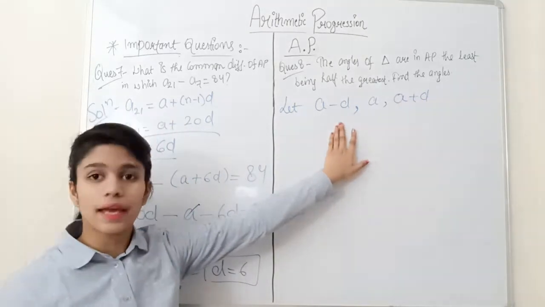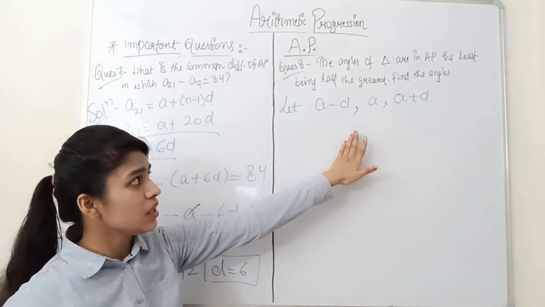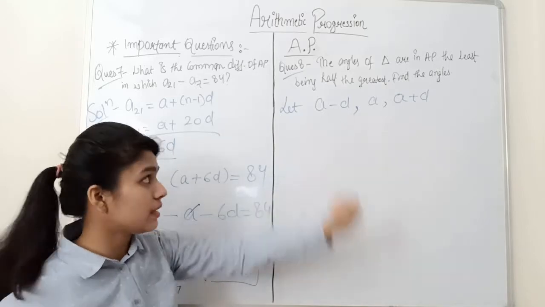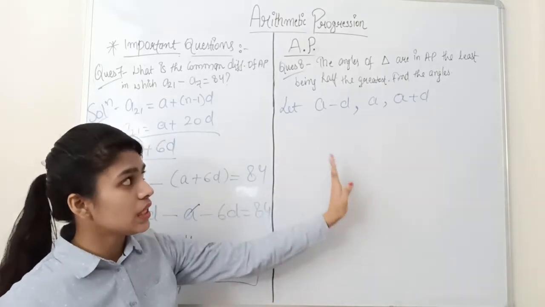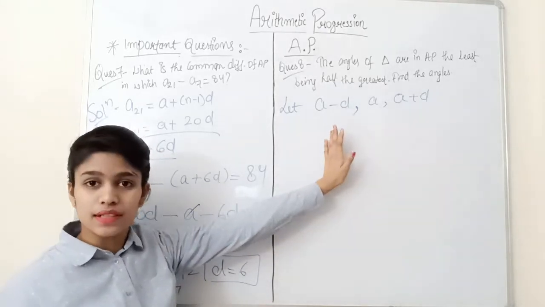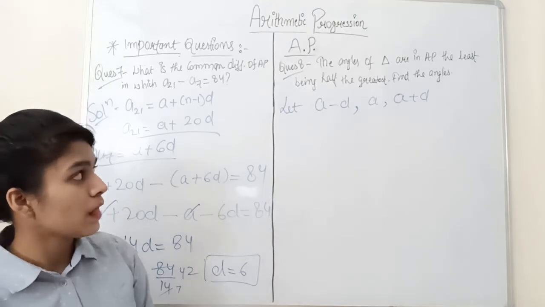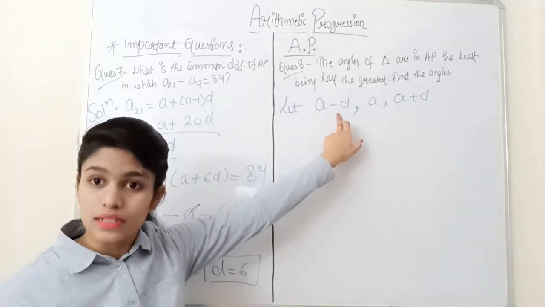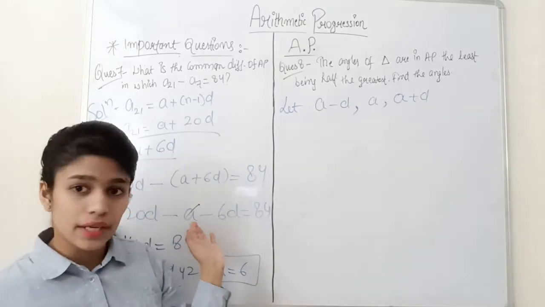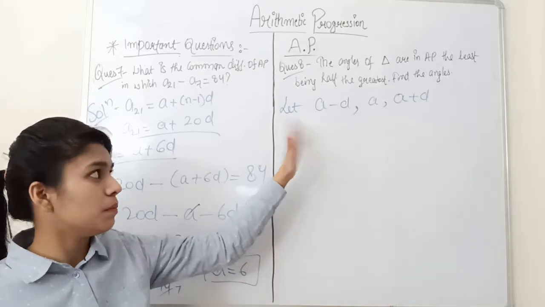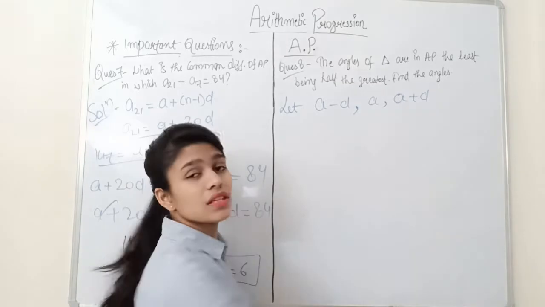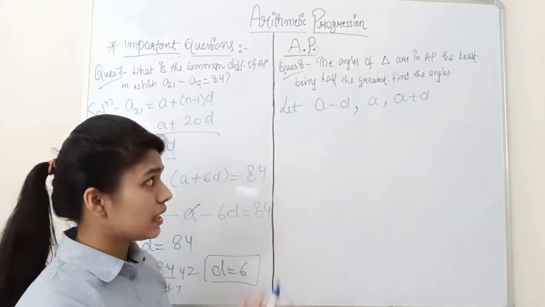Suppose these are the angles. When we sum these three values of angles, the sum will remain 3A. Minus D and plus D will not make any difference to our question. We have mentioned this D because it plays an important role in the formula, but it doesn't change anything because minus D and plus D will be cancelled out when we take the sum.